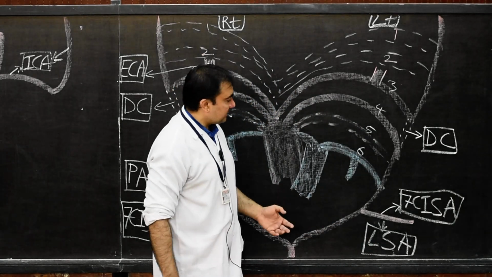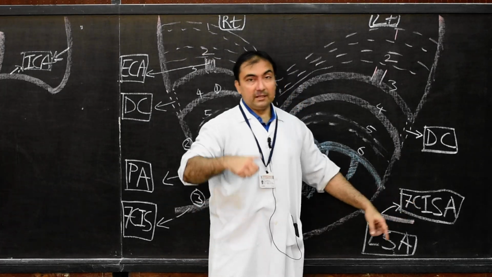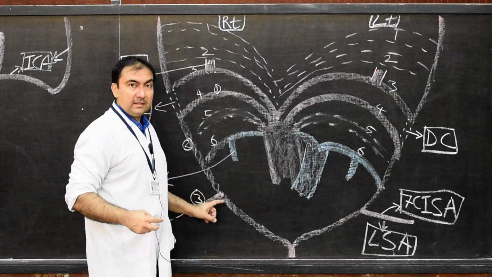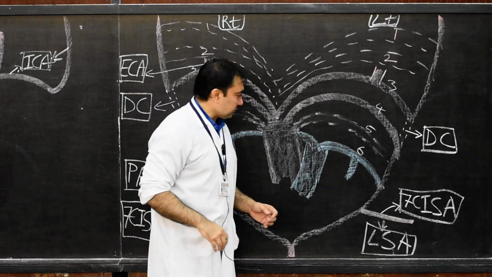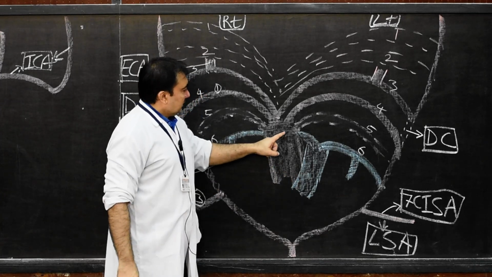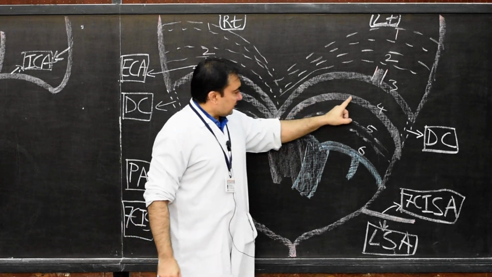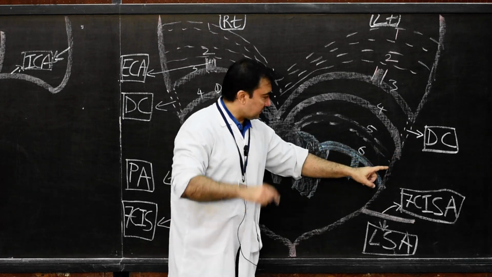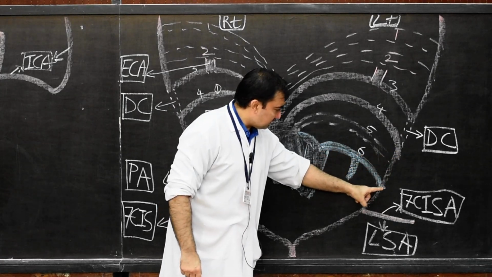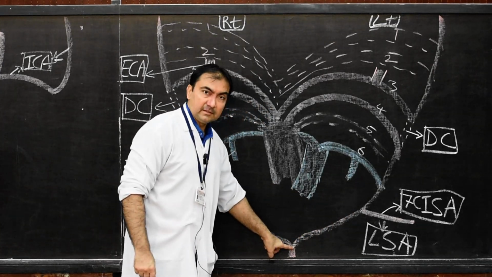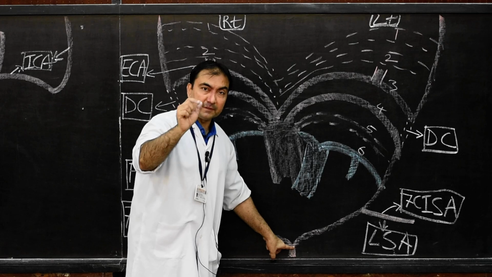The left subclavian artery is developed only from this segment, and the right subclavian artery, as I told you, from these 3 segments, 1, 2, 3. Very frequently asked in MCQs. Now what about the left 4th arch? Note down. The left 4th arch artery, including the left dorsal aorta till its junction with the opposite side, will develop into arch of aorta.